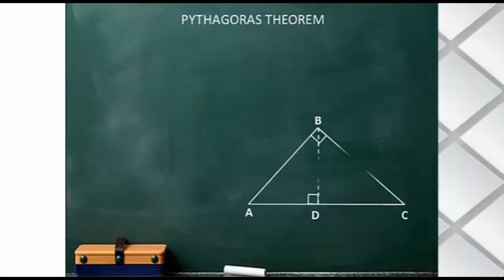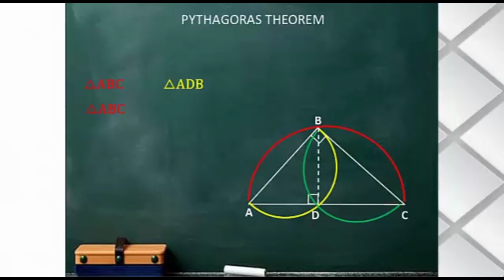The red arc symbolizes triangle ABC, which is the original triangle, and it is similar to the two smaller triangles formed, and thus we write it twice. The second arc, that is the yellow one, passes through points ADB, and thus the second triangle we get is ADB. The green arc passes through points BDC, and thus the third triangle is BDC. Also, the two smaller triangles are similar to each other, and their names can be written as seen. So we get three different pairs of triangles which are similar to each other.